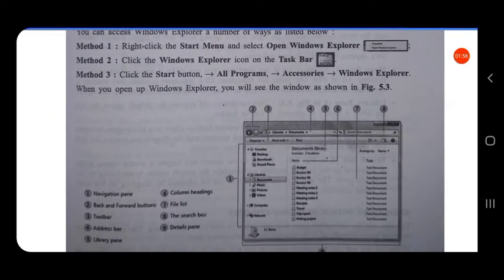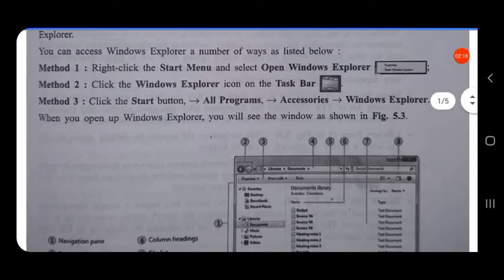The second method is to click the Windows Explorer icon which is on the taskbar. From the taskbar, click on the Windows Explorer button. It looks like a folder, like this.